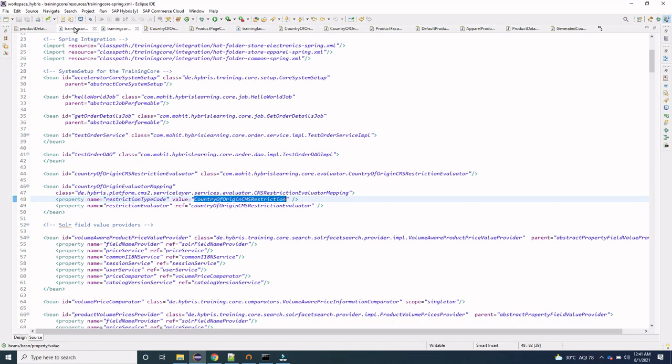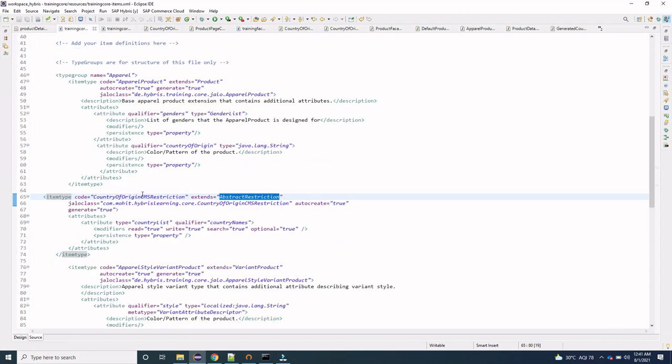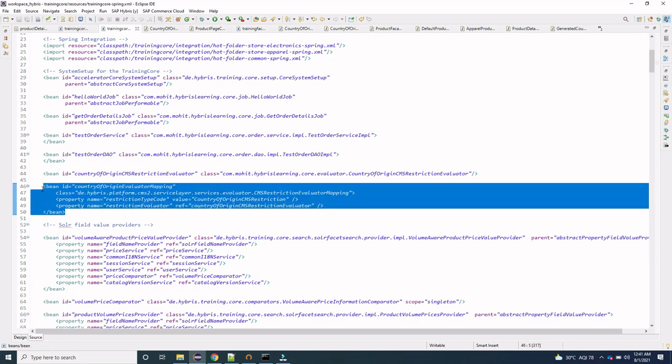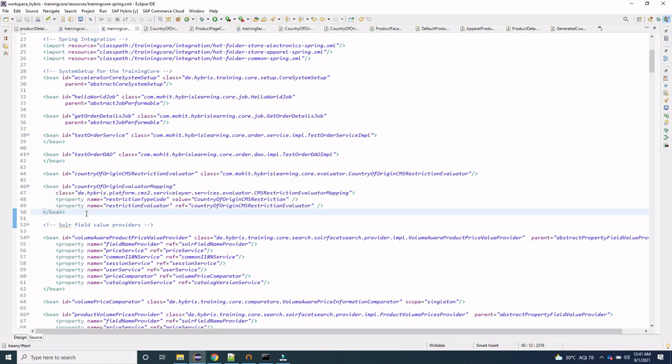If you go to the training core items.xml, we have created this item type, country of origin CMS restriction. So that we will define in here, and in the restriction evaluator we will define the bean where we are writing our custom logic. So this is the bean, country of origin CMS restriction evaluator. So friends, this is the most important part of your custom restriction evaluator. Hope till now this is clear.